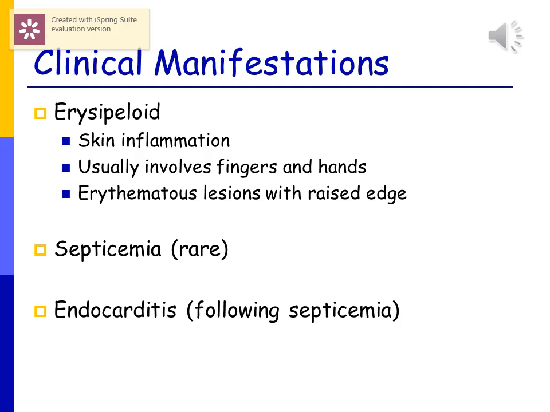So individuals that are in close contact with infected animals, especially pigs, such as a veterinarian or a pig farmer, would be more commonly at risk for an erysipeloid infection. So it can lead to septicemia, but that is rare. And in individuals that have septicemia caused by Erysipelothrix, it can cause